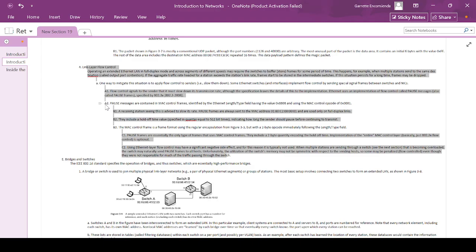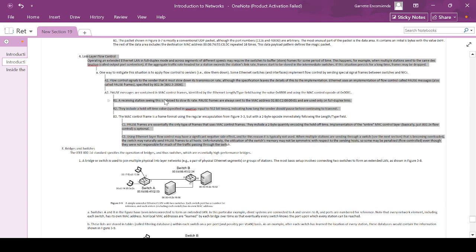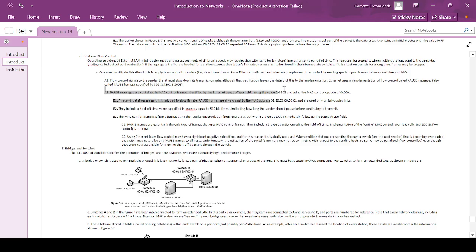This is the implementation that is left with the user of these special control signals, called pause messages, also called pause frames. A pause message is the type of frame being sent, specified by 802.3x and 802.3-2008. Pause messages are contained in MAC control frames identified by the Ethernet length or type field having the value